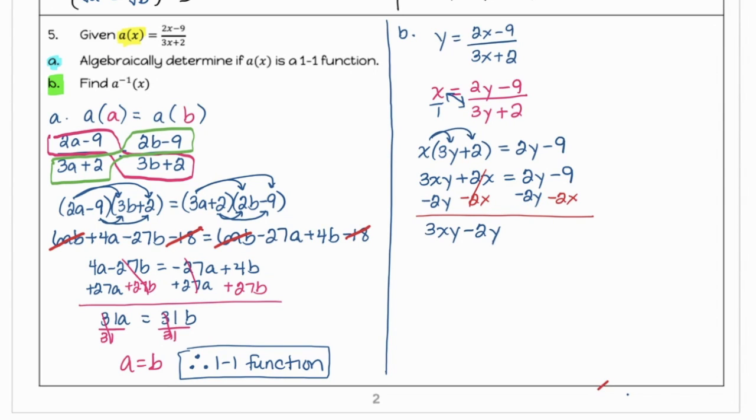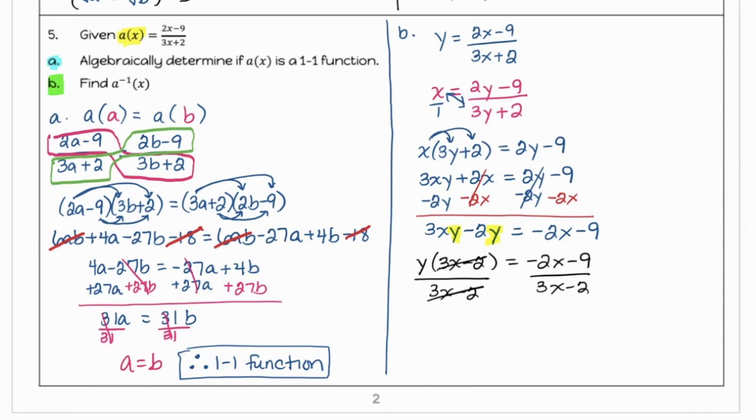I know that I could put them together. The y's are on one side. They are not like terms, so I can't make them look any nicer than this for right now. At this point, since my y's are on the left side, both of these terms have a common y, a GCF of y. So I'm going to factor out the y. And this is great for me because since I'm able to do that, I can now get that y by itself. Again, don't forget, what is it that our function was originally? a of x. So I'm going to say a inverse of x is equal to,